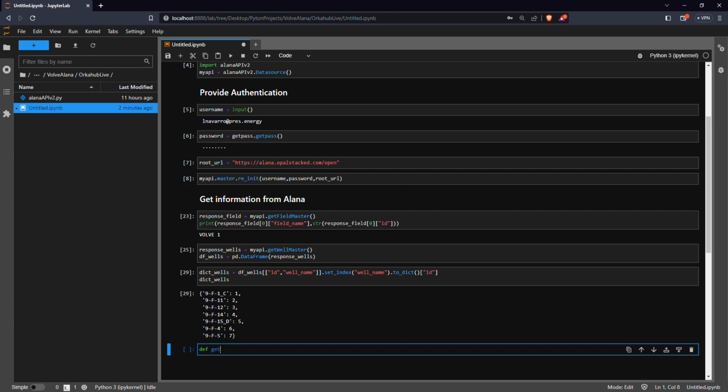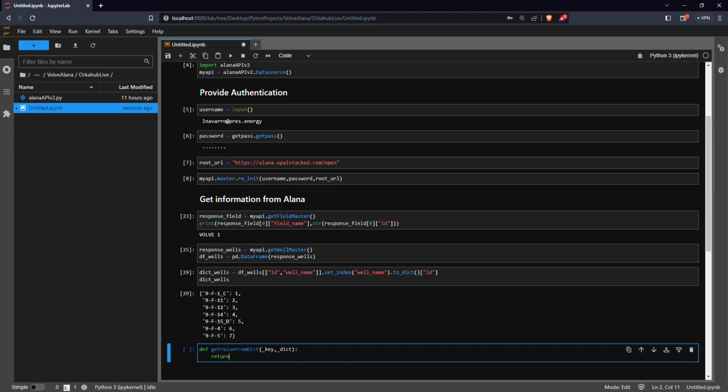So let us call this function get value from dict. The arguments of this are going to be the key and a dictionary. Dict. There you go. Two dots. We're going to return